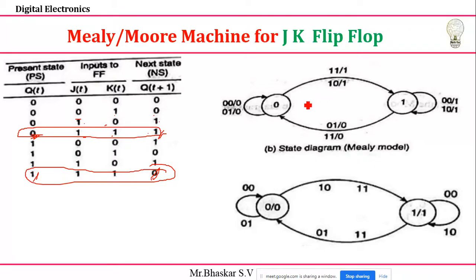Now just see the model style while writing. Everything should be the same as what I explained in the previous case. Present state is 0, moving to the next state, using the same arc, but the conditions are 1 1. At that time, what is the output you have? 1. I'm going to represent 1 here, and in this case the output is 0, which I'm going to represent here. And in the Moore model, I'm going to represent it inside your circles. That's all. This is the Mealy model, and this is the Moore model representation of your JK flip flops.